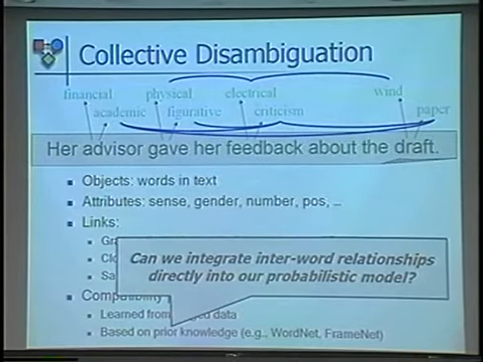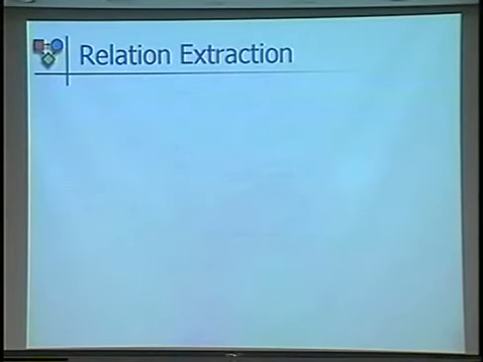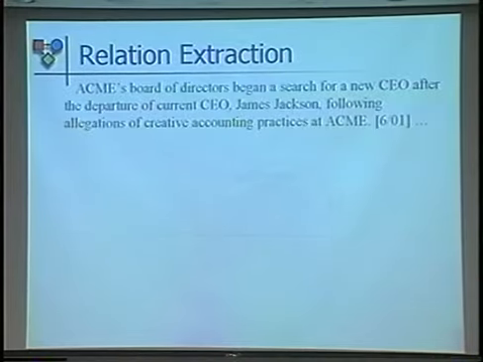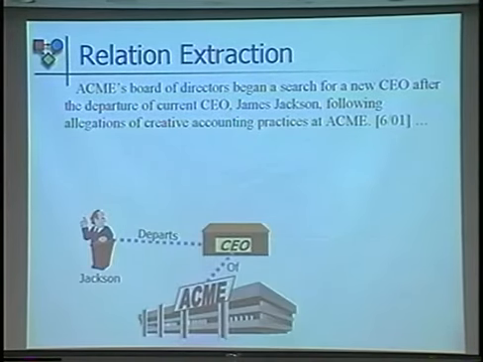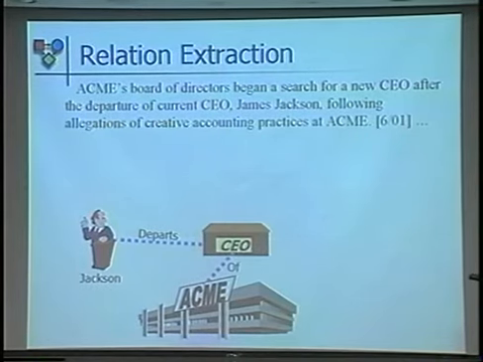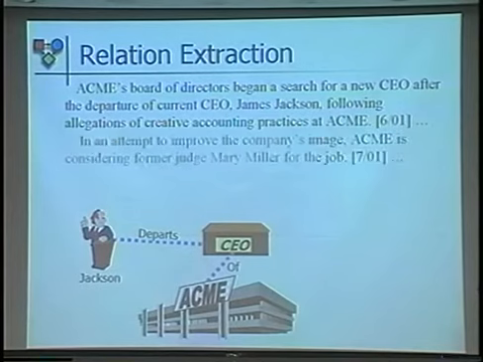Let me get past this. A more interesting thing that you might want to do, and I think this is a very challenging and interesting problem, is trying to extract relationships. So here's text, and you might want to extract from this, for instance, this says, Acme's board of directors began a search for a new CEO after the departure of the current CEO following allegations of creative accounting practices. You might want to infer from this, for instance, that Jackson is a departing CEO of Acme,